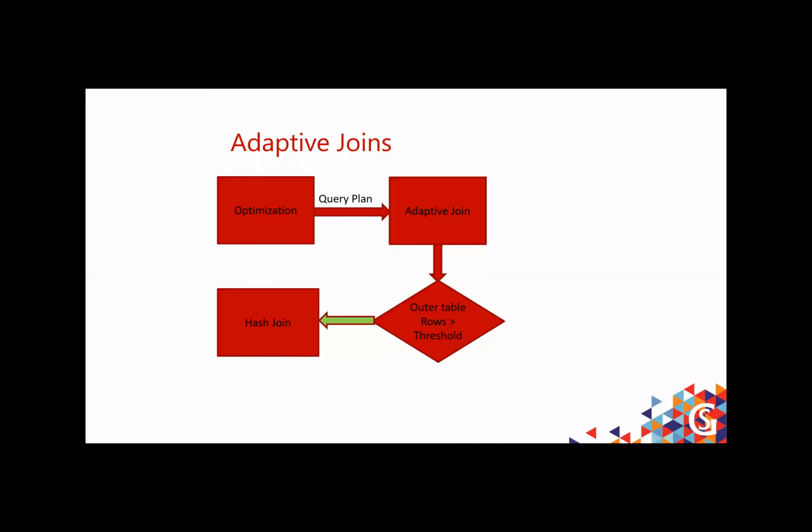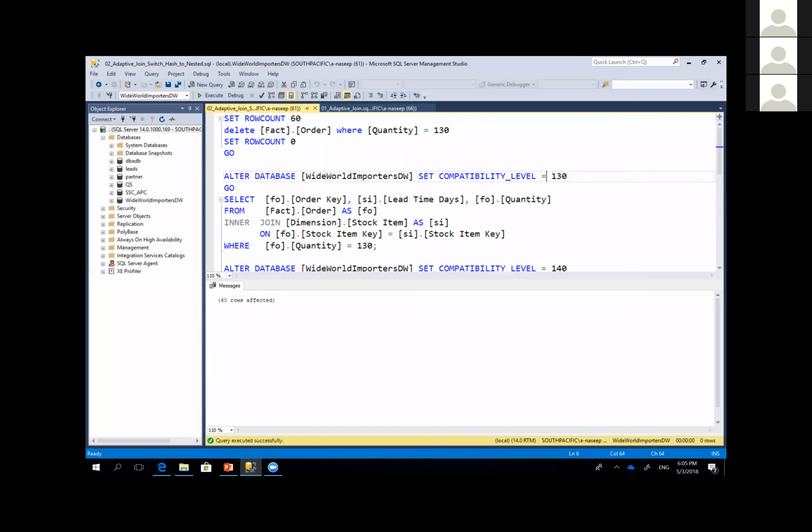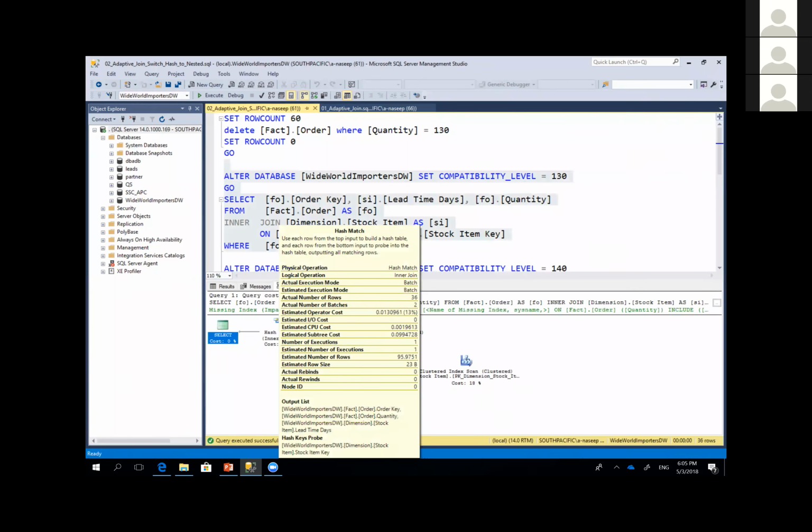I'm switching the compatibility level to an older one so that you can see what happens. So it has picked up a hash match. The estimated number of rows was about 95 rows, and it has picked up a hash match